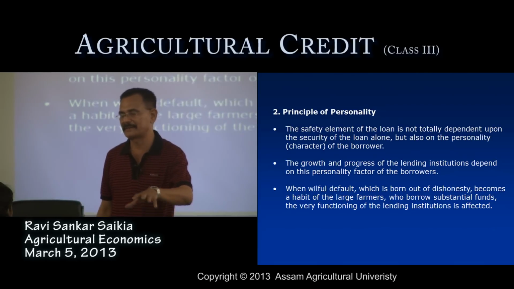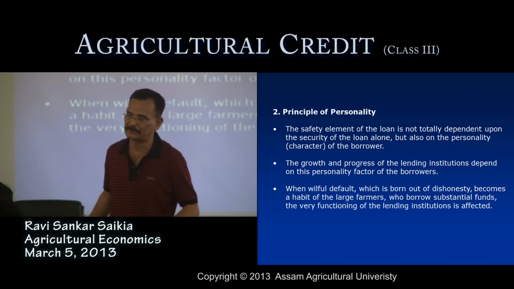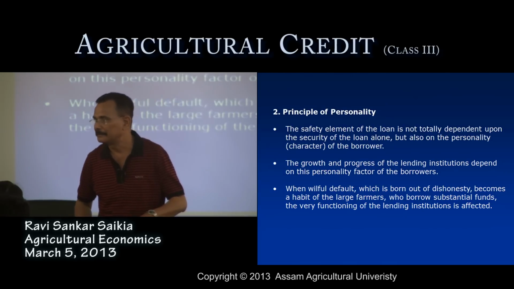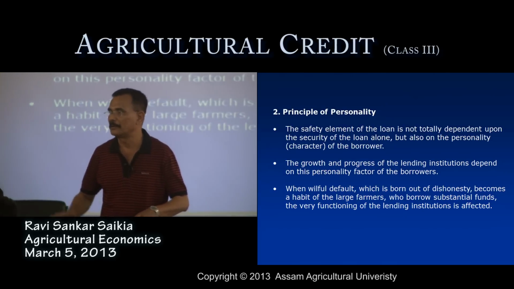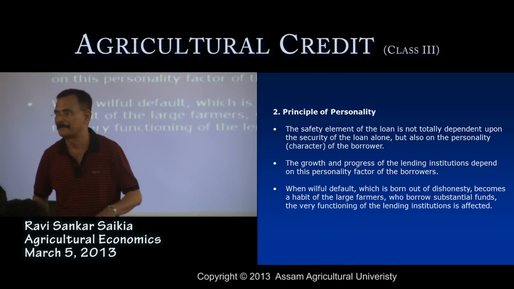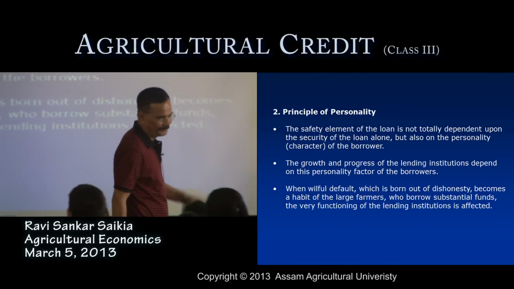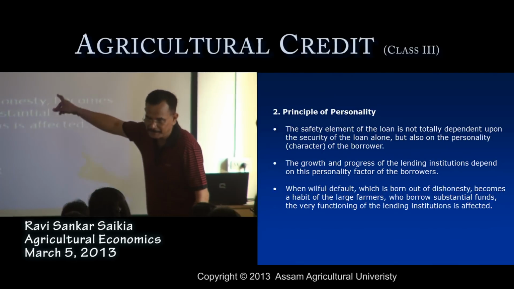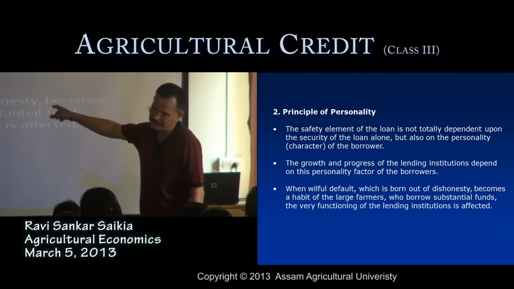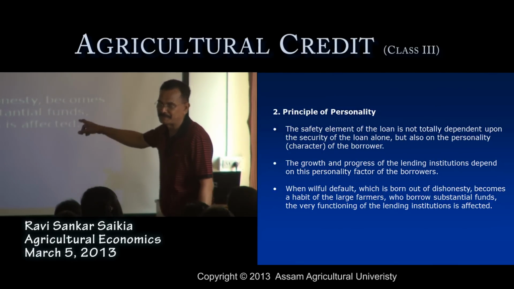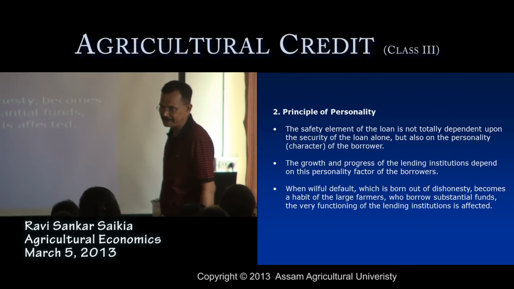So the banking organization now looks at a particular point also, that is, how to lower the mounting of overdues or willful default from the farmer's side. So they generally take care of this particular point. They check the personality of the borrower before disbursing the loan to the borrower. Okay, the personal record, they will generally try to check it.